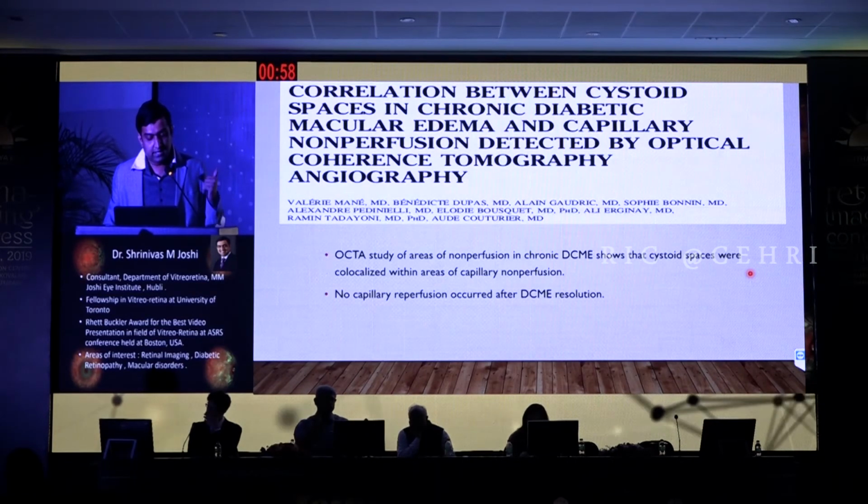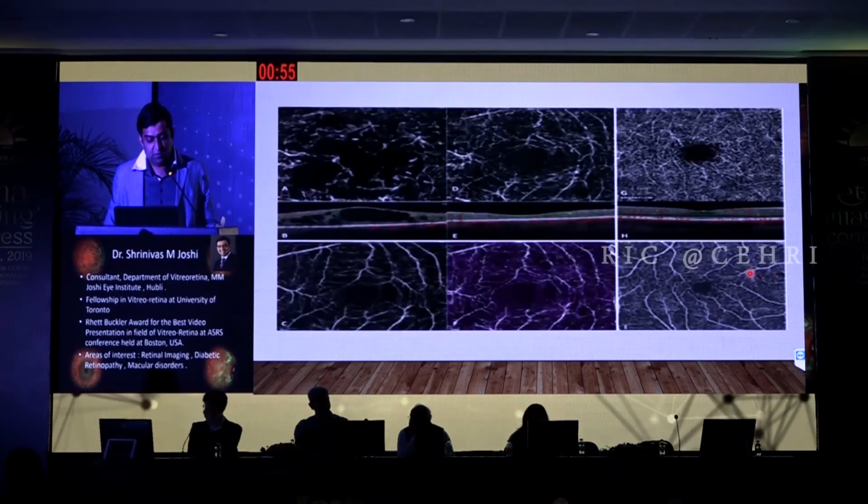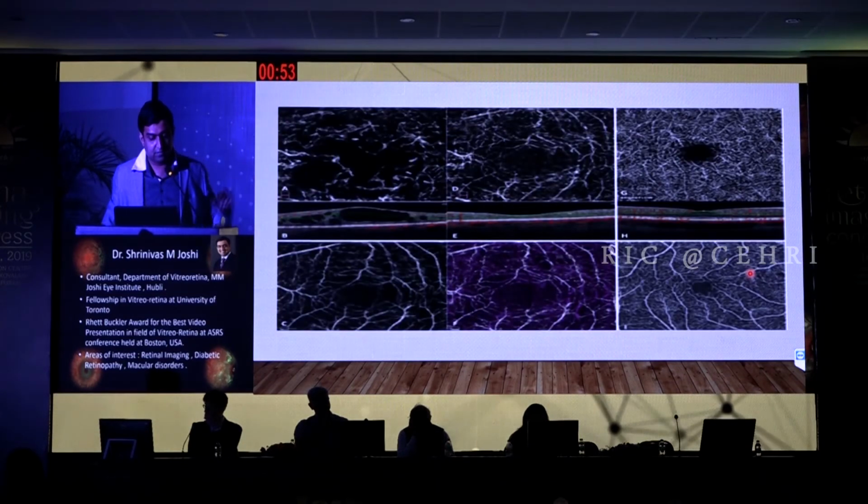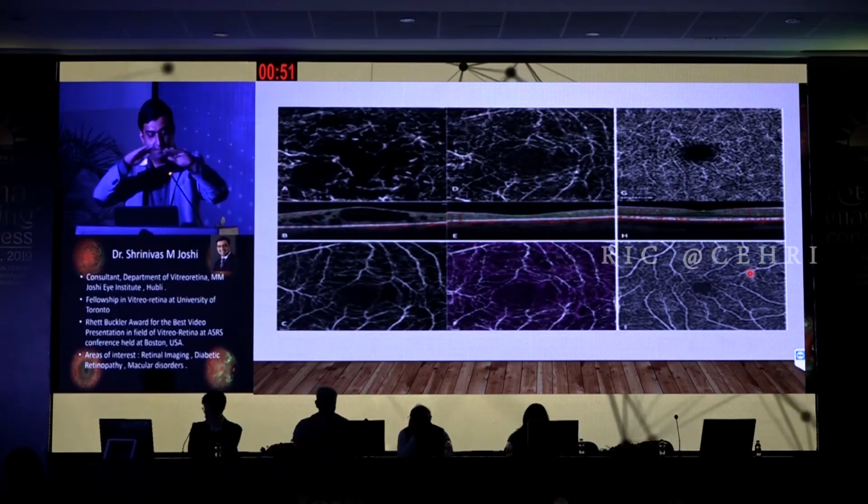Another study looked at OCTA non-perfusion areas. On the left-hand side of the figure, when they cut across the large cystoid spaces, in the DVC you can see a lot of capillary void areas. This is post-treatment; although there was resolution on OCT, we can still see some non-perfusion areas, and this is the comparison with the normal. This indicates the chronicity of the cystoid spaces: even though there is a resolution of edema, there is still some non-perfusion in the capillaries.